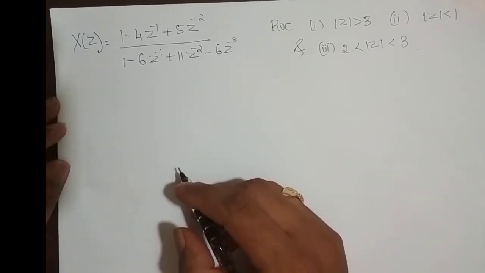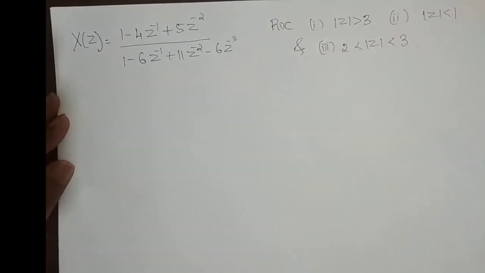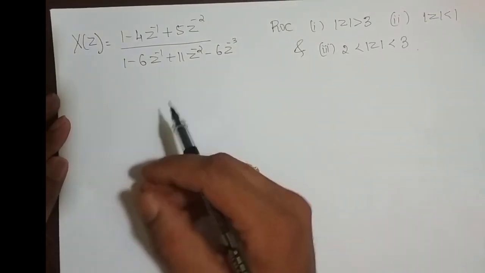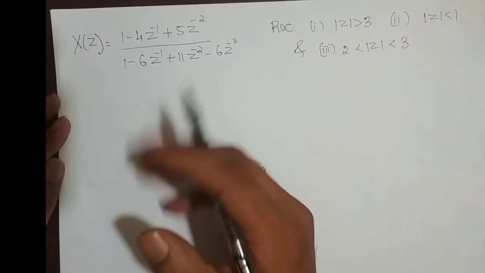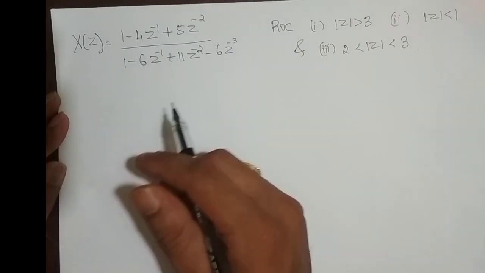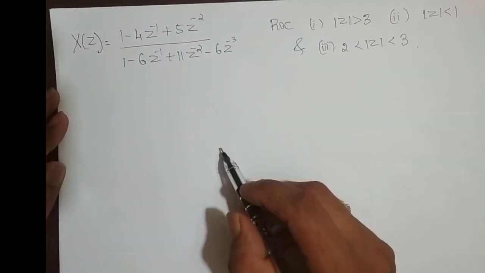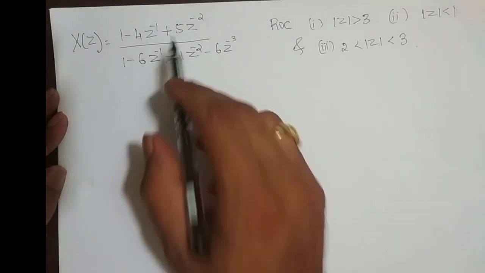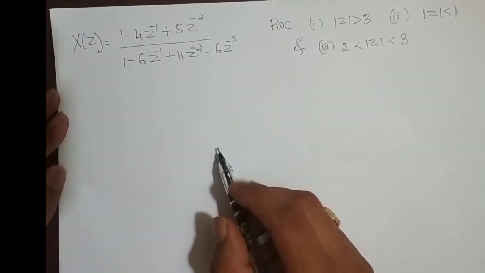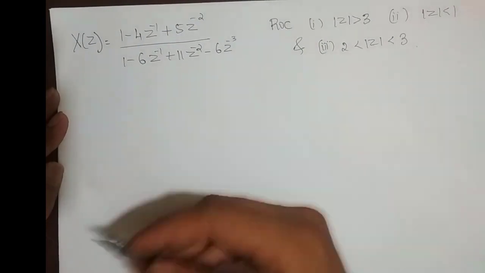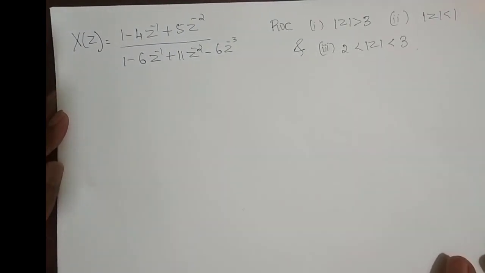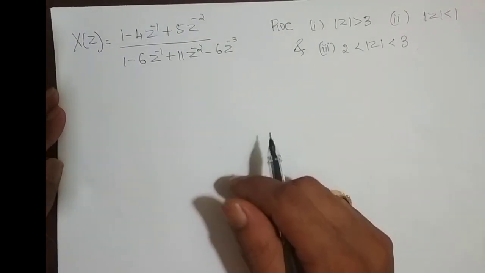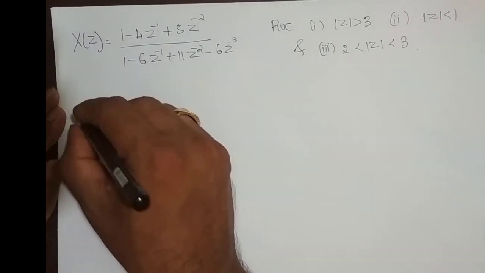Hey guys, we shall take up a few more problems on finding inverse Z transform. In the previous videos, I have solved a few problems on inverse Z transform, where the powers of Z were everywhere positive. This is one more case, where the power of Z is negative. How do we solve it? I'll just give you an idea. I'm not going to solve in detail, but I'll give you the intermediate results if required. Fine. Okay, solution.